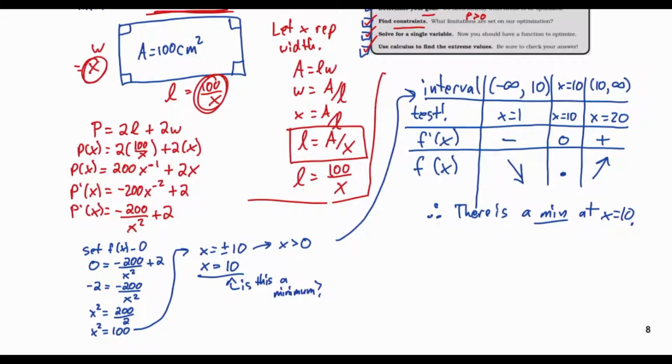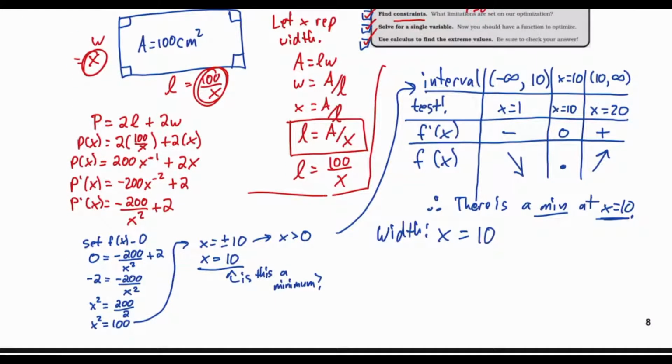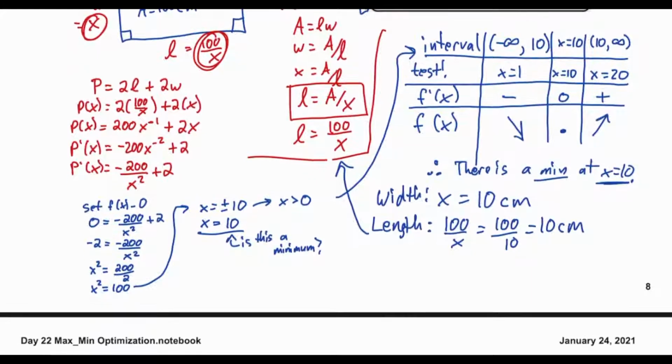So my x value that satisfies what the question is asking for is x equals 10. Remember, x represents my width. So we're going to have a width of x, which equals 10. And don't forget our units are in centimeters, so 10 centimeters. And my length, remember we set up here our length is 100 over x. So 100 over x, which is 100 over 10, which is 10 centimeters. So therefore,